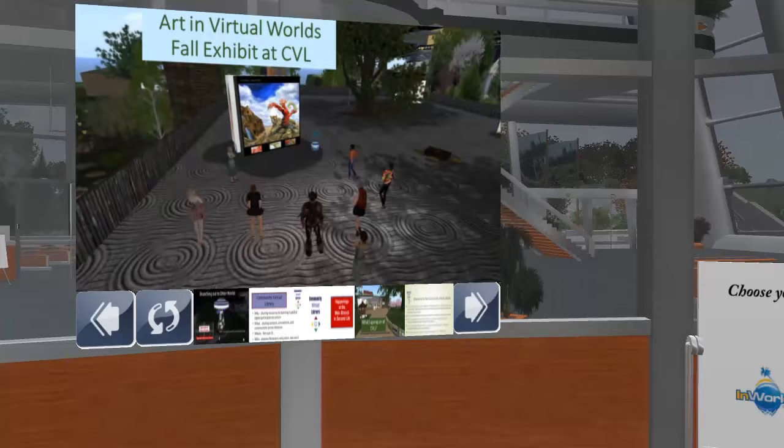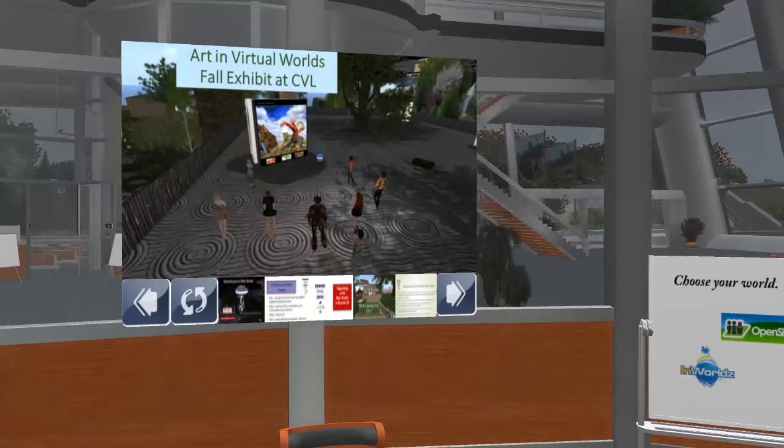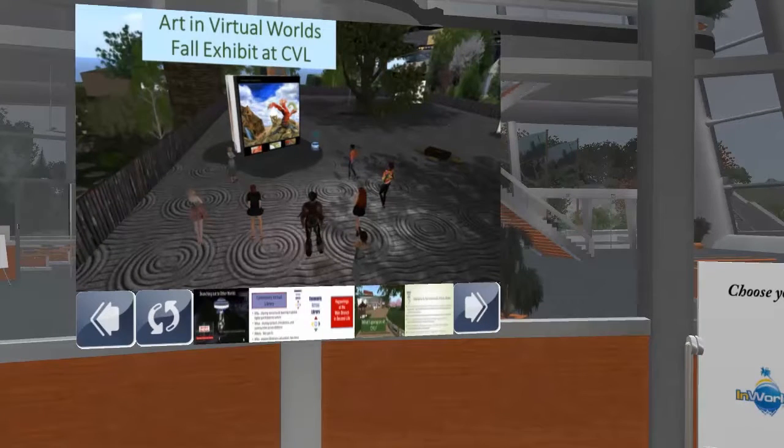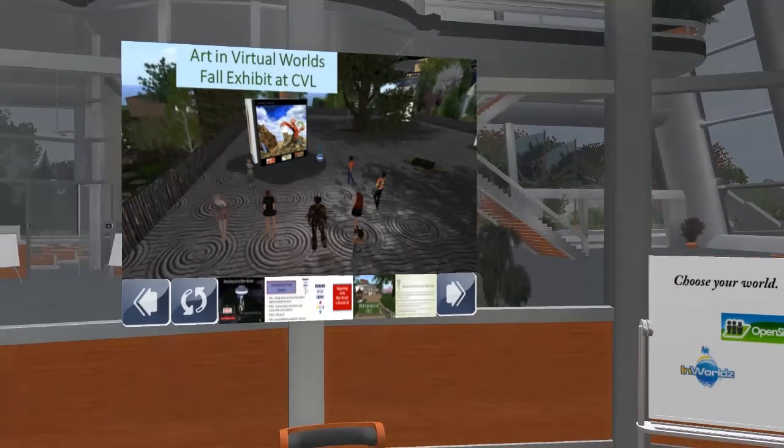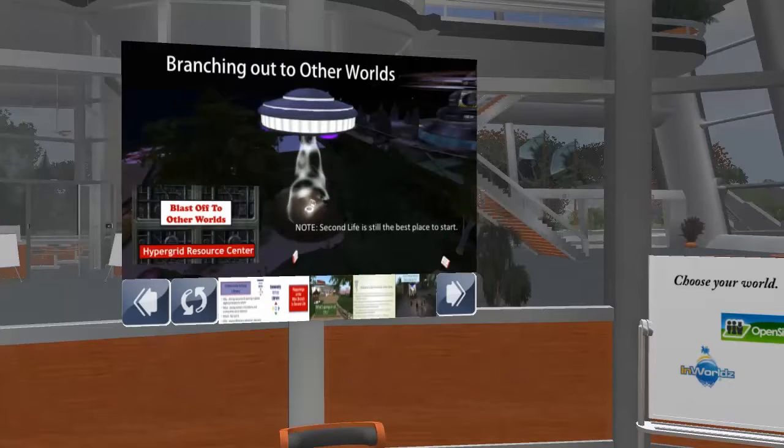I'm going to show a picture up here on the screen of our Art in Virtual Worlds exhibit, just so you will know that we have a lot going on in the Second Life branch. The art exhibit had 24 exhibitors, artists in Second Life. We had 40 people attend our first live tour, and we're having another tour coming up next Saturday the 8th at 9 in the morning. It'll be a live event to collaborate with artists. Then we have our wearable art party coming up on October 12th. There are going to be prizes. It should be a really fun event.